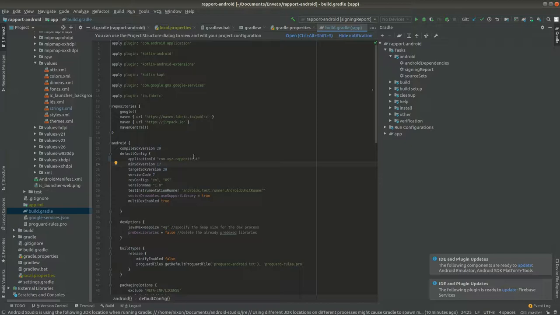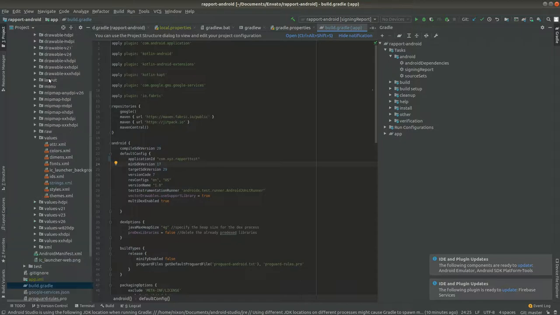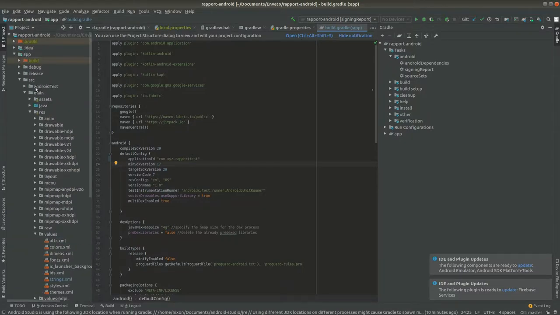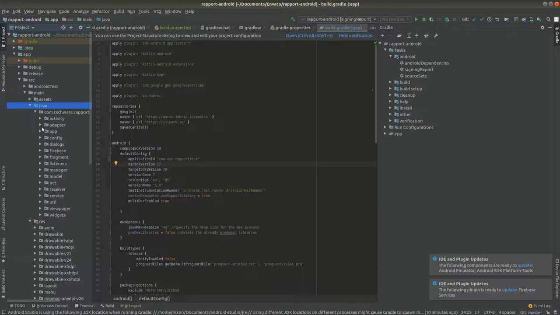The next step is you need to change the server link. Basically the server link is located inside this folder. It's under Java, com, under net, under that service name.